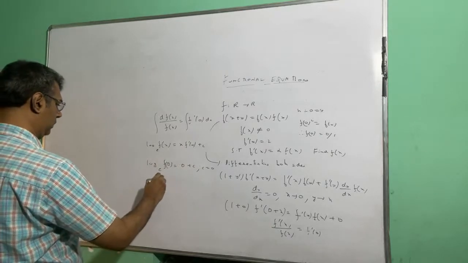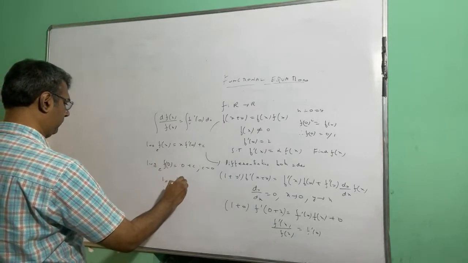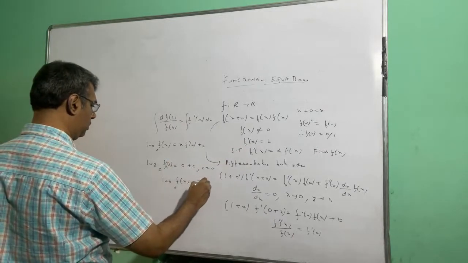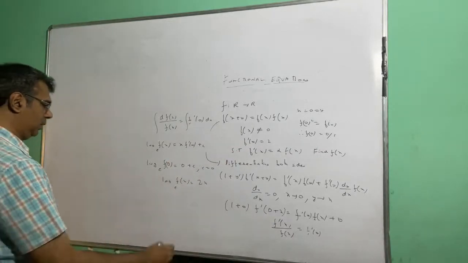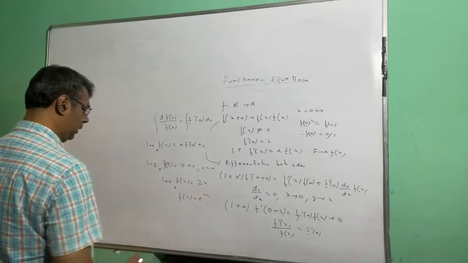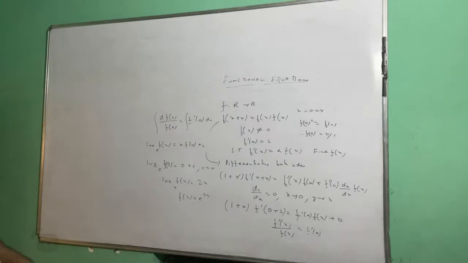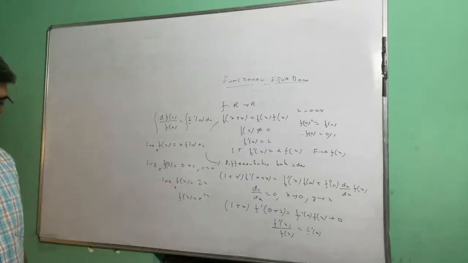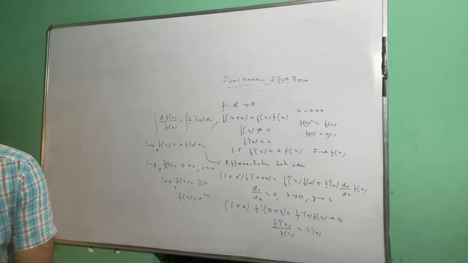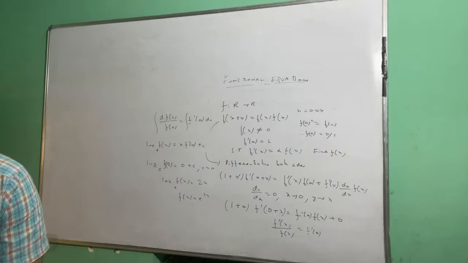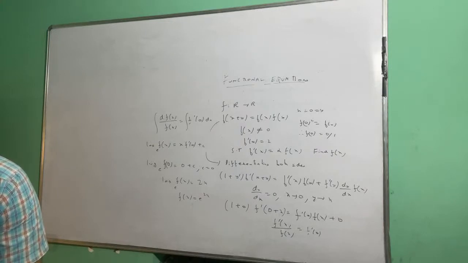Now go back here and just put f dash 0 equal to 2. So log f(x) to the base e will be 2x. So we will get f(x) is e to the power 2x. So once we have got f(x) is e to the power 2x,